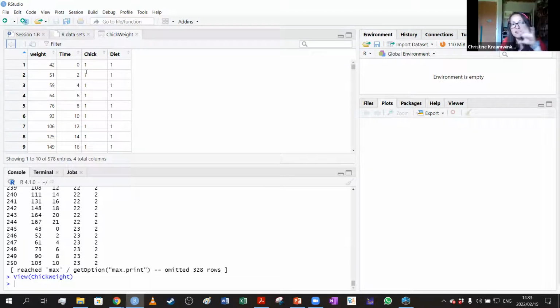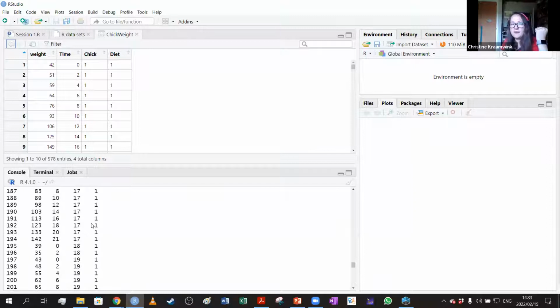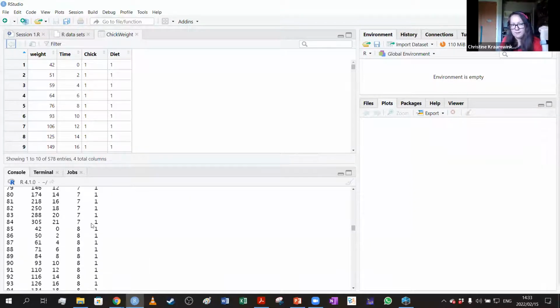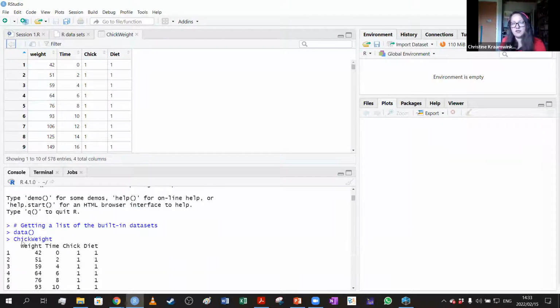So this is a lot easier to then see what I'm dealing with, rather than printing it out in the console. So that is one difference also between Python and R. In Python, whenever you wanted to print something, you had to use the print statement. And Benjamin, if I'm talking nonsense here, feel free to let me know. But it looked like you always have to use that print statement, where here you can just type the variable name or the data set name, and it will print it out in the console for you immediately.